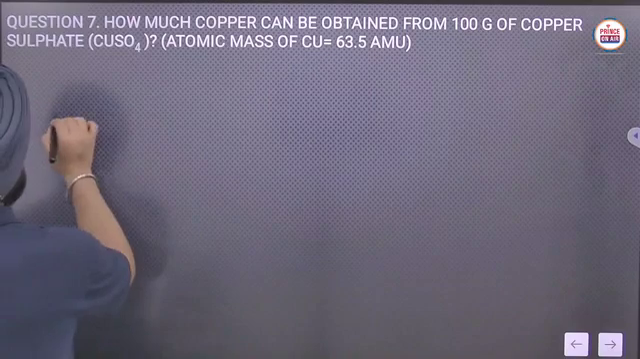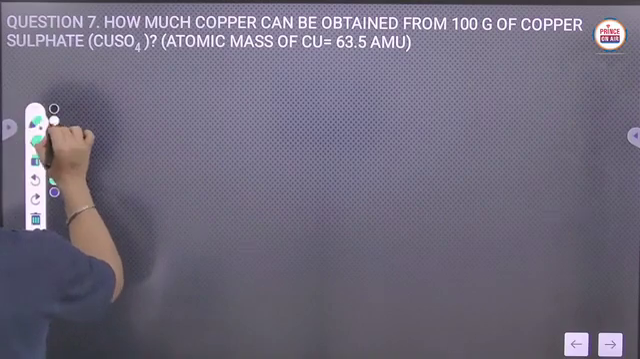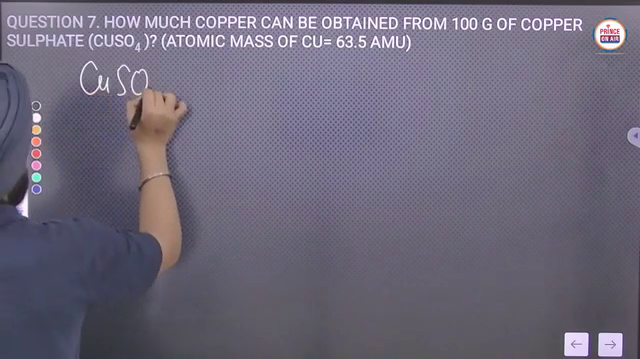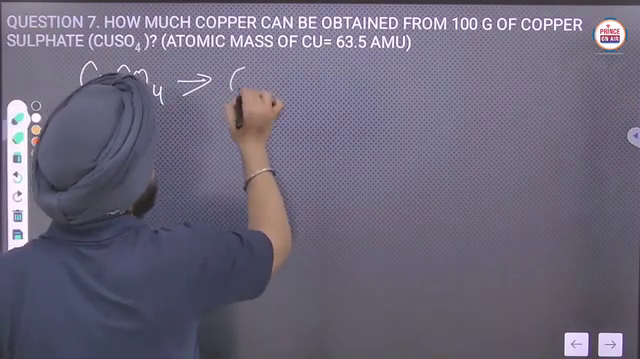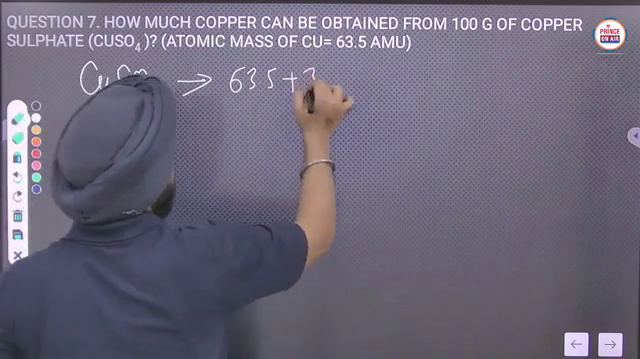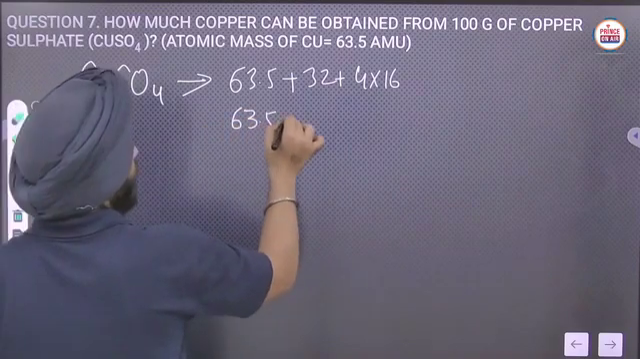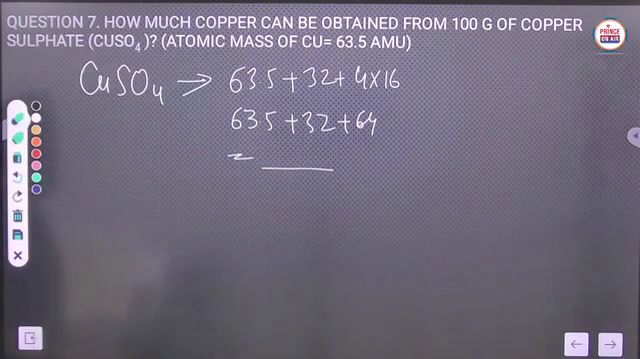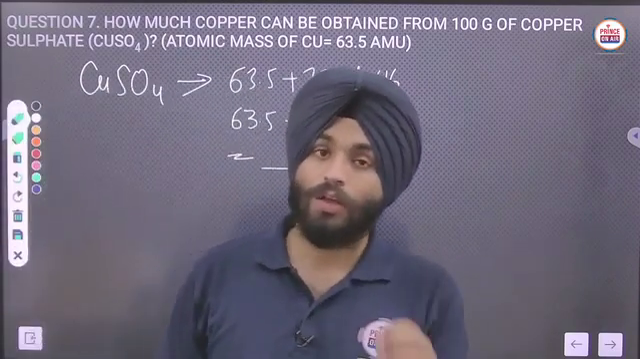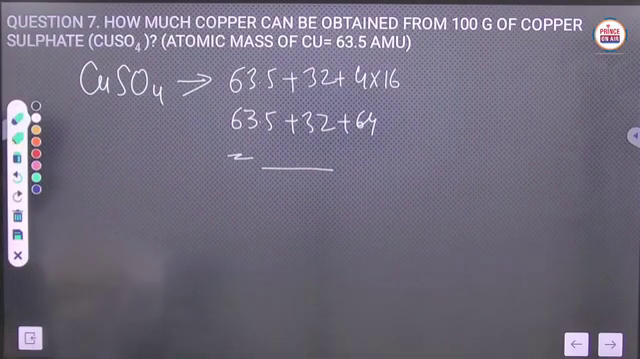So see, here you first calculate the molar mass of copper sulfate. The atomic mass of copper is given as 63.5, sulfur is 32, and oxygen is 4 into 16, so 63.5, 32, 64. Solve this value. In that way, you first have to calculate the molar mass, and it comes out to be 159.5